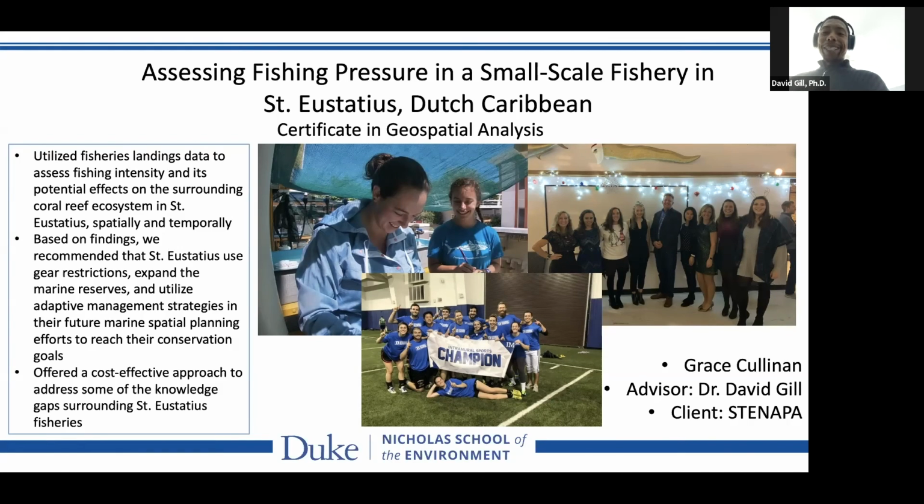And this is where Grace came in, and she was able to wrangle this amazing time series data set of fisheries landing on the small island of St. Eustatius. Grace dove right in and produced really high quality work. We were in constant communications with the park managers, with the fisheries managers as well. And overall, she was able to provide the managers with an understanding of how efficient the spatial distribution of fishing